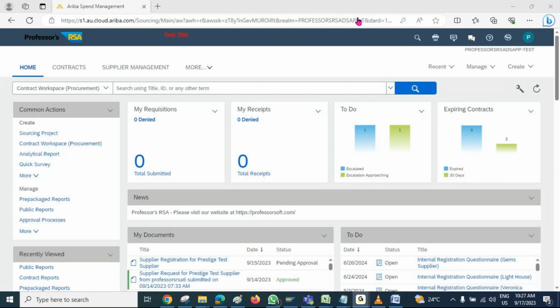So let me first introduce myself. My name is Vikram and I've been working in SAP for 13 years. Initially, I started my career as an SAP MM consultant. SAP MM is part of the ERP solutions. I worked on the implementation of SAP MM and different kinds of support projects as well. Later, I moved to SAP S4 HANA and got a chance to work on an ECC to HANA migration project. Now I've been working in SAP Ariba for more than 6 years, around 6 and a half years.